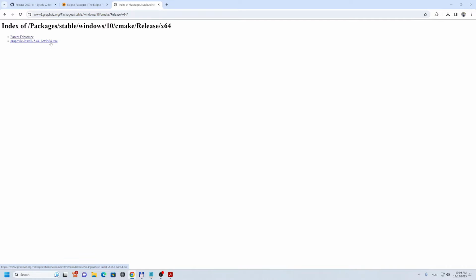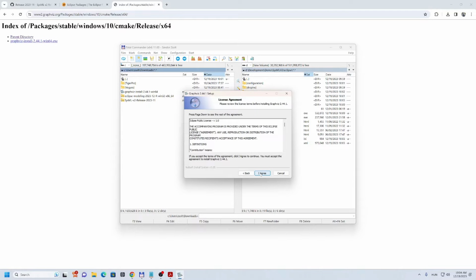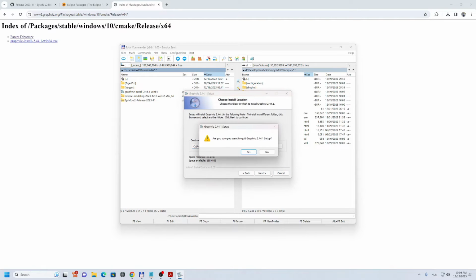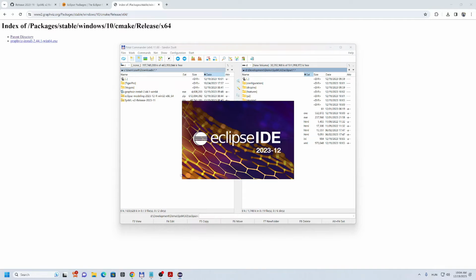When you have downloaded this executable, you have to start it. It will ask for administrative privileges, and then press agree, and here select add GraphViz to the system path for all users, next, and basically install. Okay, I have it already installed, so I will not install it, but you have to go through this. Then okay, start Eclipse again,